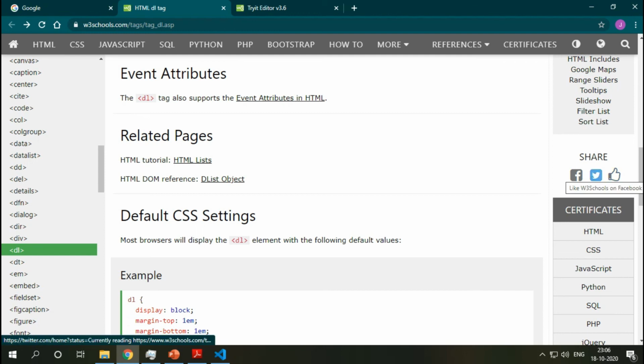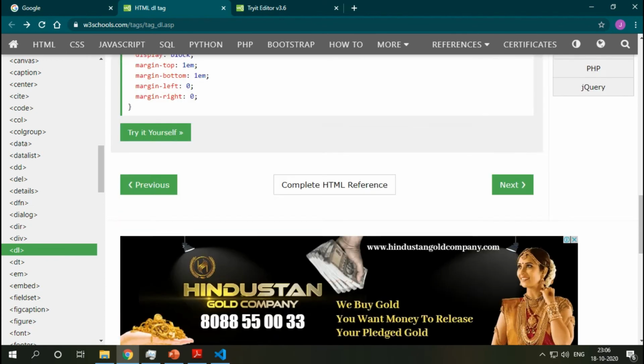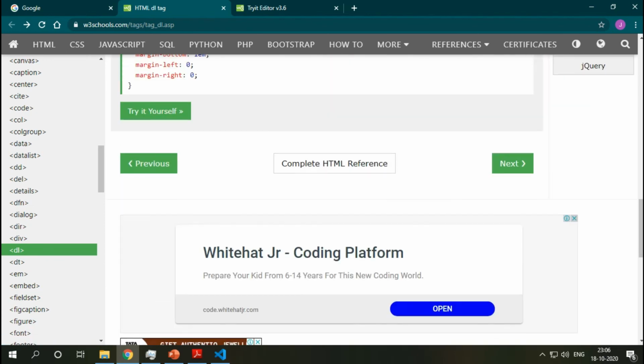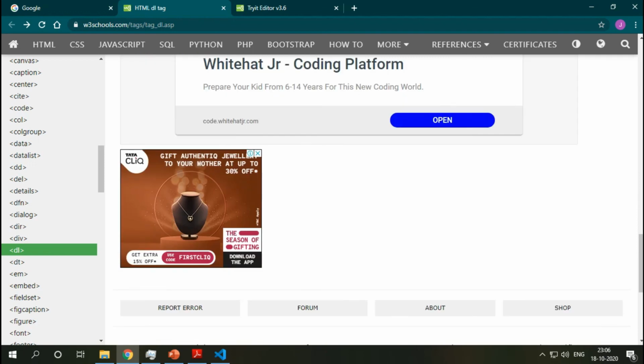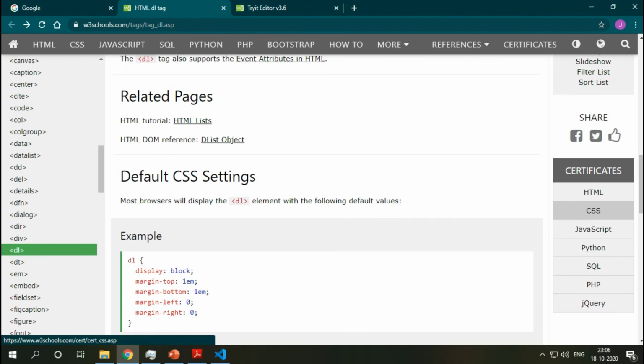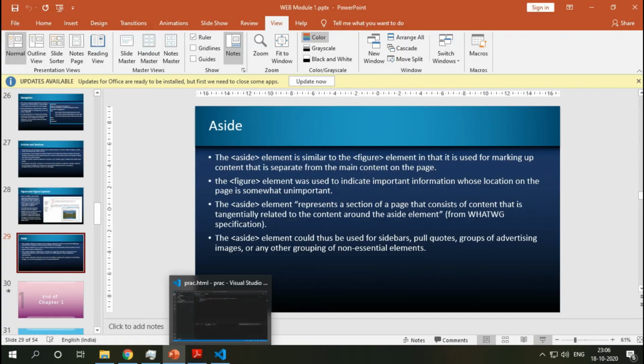According to our author, this sharing of information on Facebook, Twitter, or any social media website should be at the footer. So what I have told you, there is no restriction, right? So W3 Schools has this ad at the bottom too. So it is not necessary that it should be at the right side of the web page. Less important information we can place at the right side of your page.